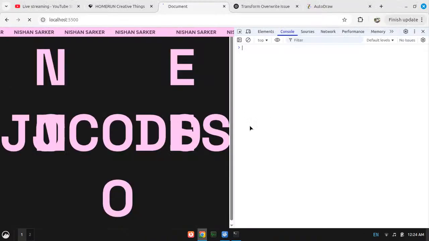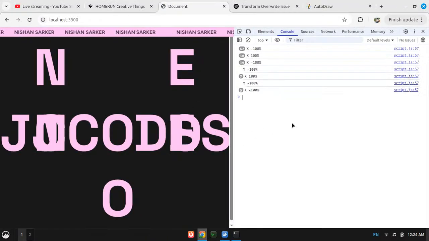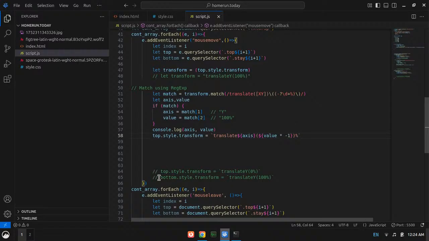Will it work? No, actually in bottom I just need to do translate 0,0, I guess, because I just need to set that to the default position.